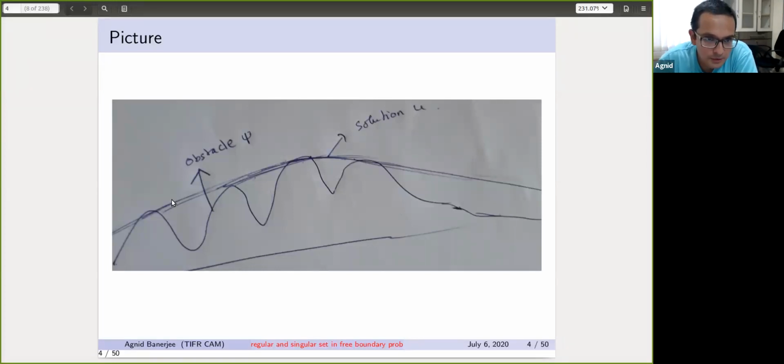What you have is the obstacle, which looks like this wave, and then you have a solution to this obstacle problem. If you look at this picture, you see that the solution is only touching the obstacle at so-called concave points. This should be intuitively obvious, because if it were to touch the obstacle at these low bumps, then the graph has to come down. In that case, inevitably, you will be increasing the surface area, or more so the Dirichlet energy.